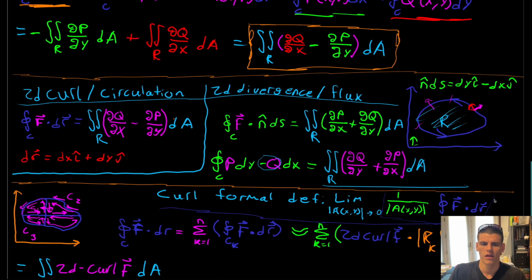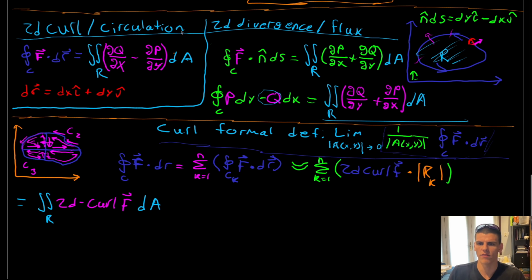Then lastly, we derived the 2D divergence, or flux, form of Green's theorem from the regular curl, or circulation, form that we already had before, figuring out what these unit normal n ds vectors are that we need to dot it with, and then showing how you can use Green's theorem to get to this 2D divergence